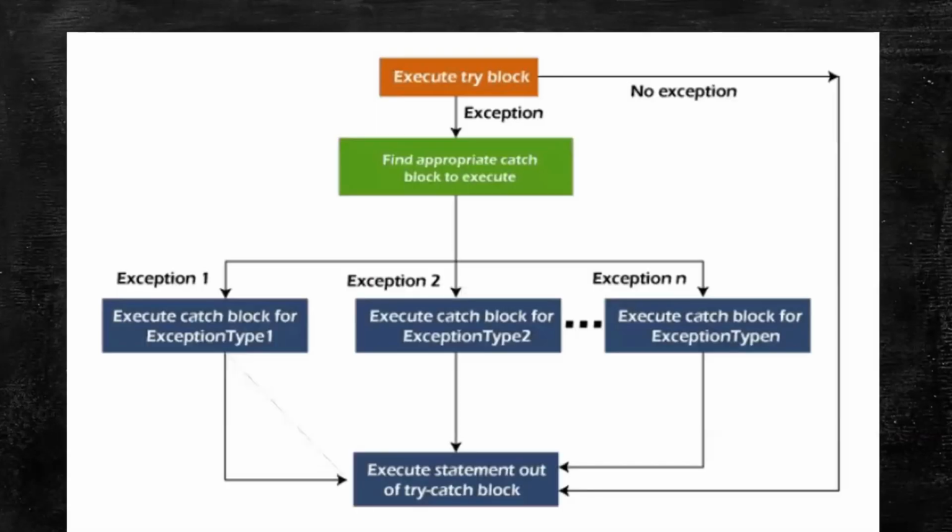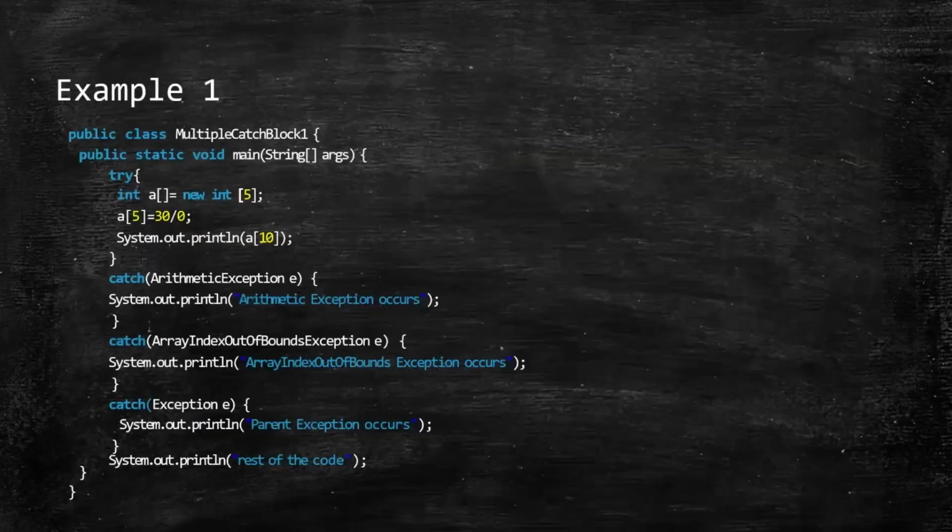So what happens is your compiler reads the try block. After that, it searches for the exception. Like if the first exception is caught, then it directly goes for the catch block. If it is not, then it checks for the second exception in case the second exception occurs. If not, then it goes on until all your exception catch blocks are completed. If it is not caught, then normal flow of the code is continued, and that's all.